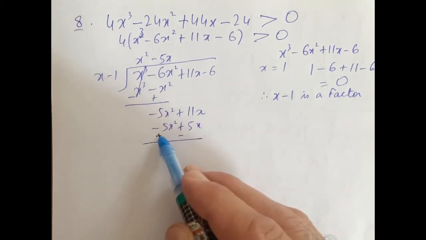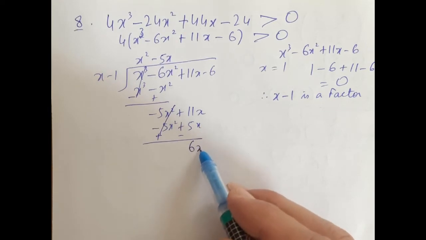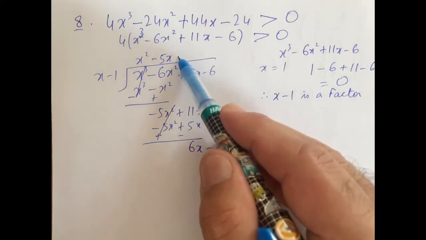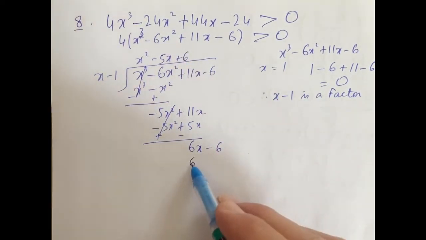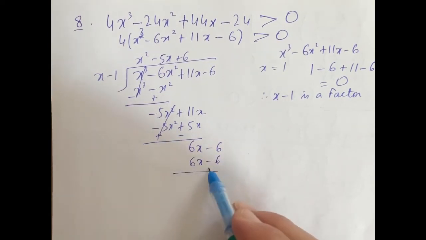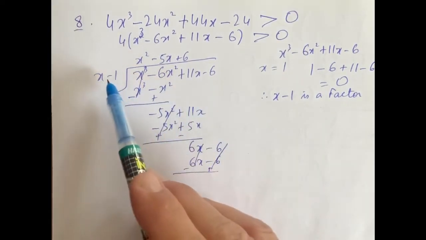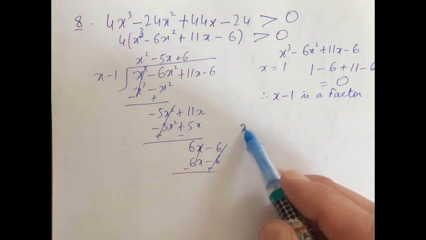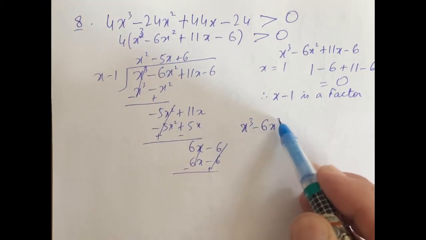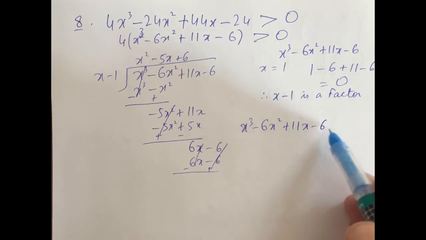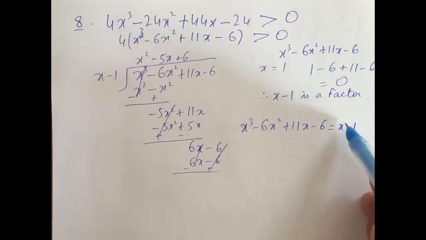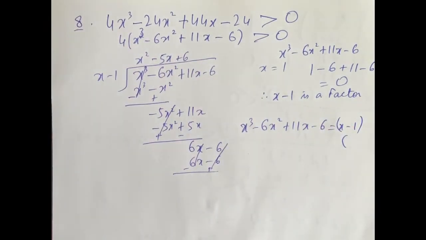Then again change signs, this will cancel out. 6x minus 6 and plus 6. This is 6x minus 6. This will cancel out. So this can be written as this into this. So we write x cube minus 6x square plus 11x minus 6 as x minus 1 into second factor, that's x square